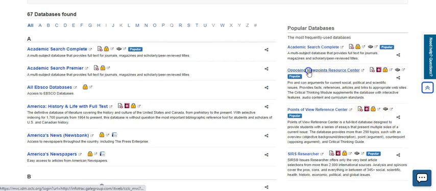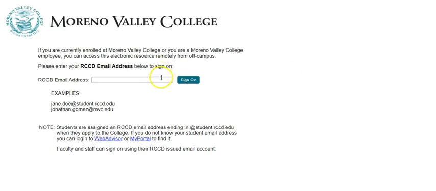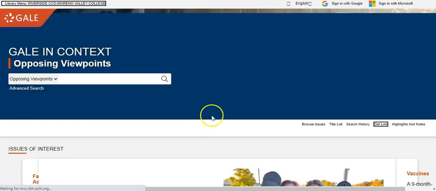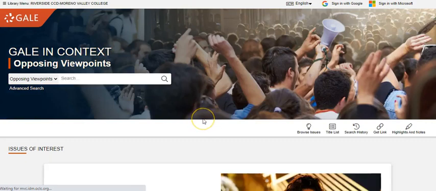If we click on the first one that says Opposing Viewpoints, if you are off campus, you will be asked to log in with your student email account. That will allow you to access the databases off of campus. Once you do that, you will be taken into the database. There's several ways that you can use this database. You can put in a search up here in the search box if you have a topic in mind,